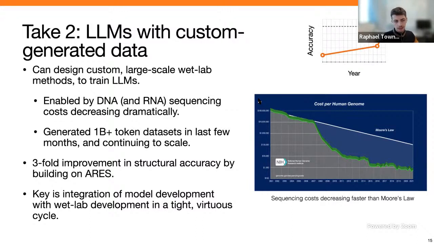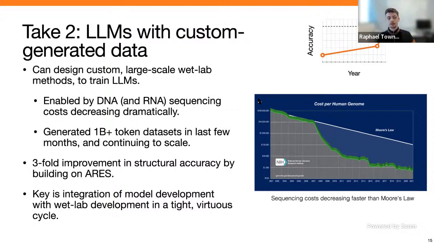In just the last couple of months, we've generated a 1 billion plus token data set and are scaling that up by another 100x over the coming months as well. This lets us train these models on the sequence level data sets to create models that understand RNA, which can then be fine-tuned to various downstream tasks, such as structure prediction. That has led to a dramatic increase in our accuracies, to the point that we can very confidently measure RNA structures in a way that was previously not possible. It's probably about 3 times more accurate than the original Aries algorithm from the science paper of my work from a couple of years ago.